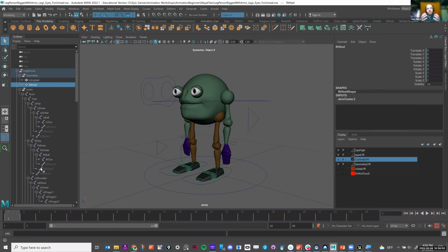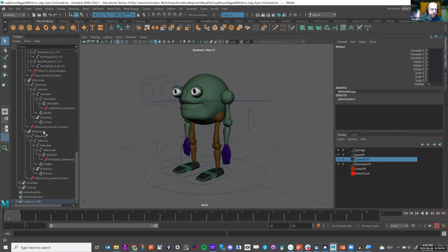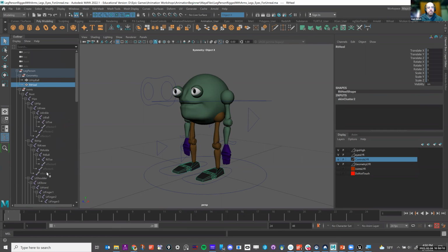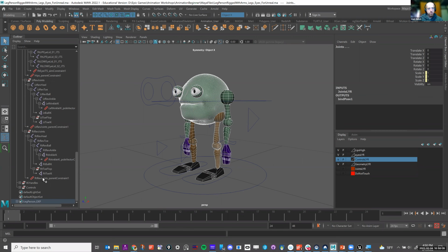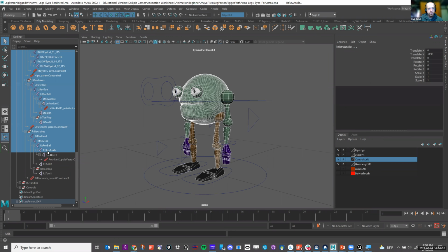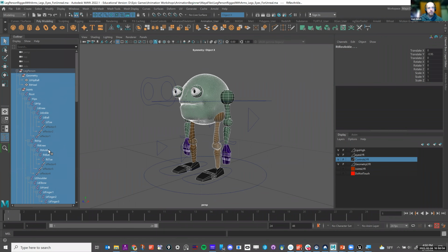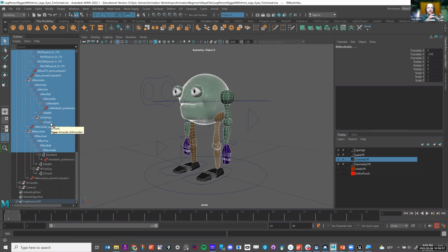Now, if I wanted to create this selection set, which we'll use here in just a second, what I would do is select all of the geometry, and I'm holding Control right now to select those. I'm going to hold Control to select the joints, then go all the way down to the bottom and hold Shift, and select that last joint that I have. Okay, so all of the things that I would want to export out to Unreal, that's what I have.